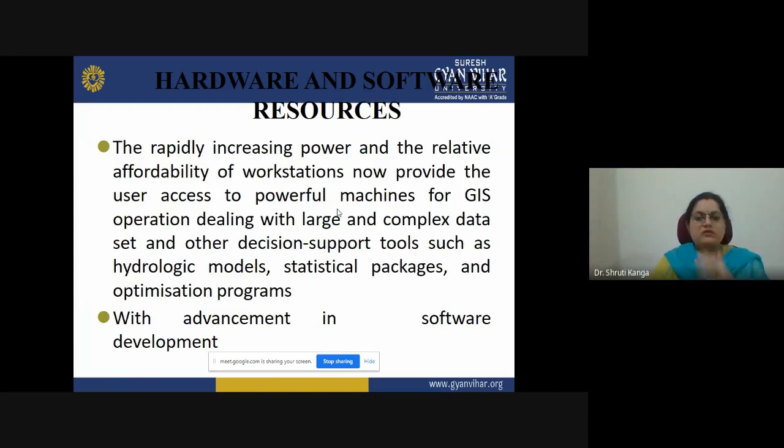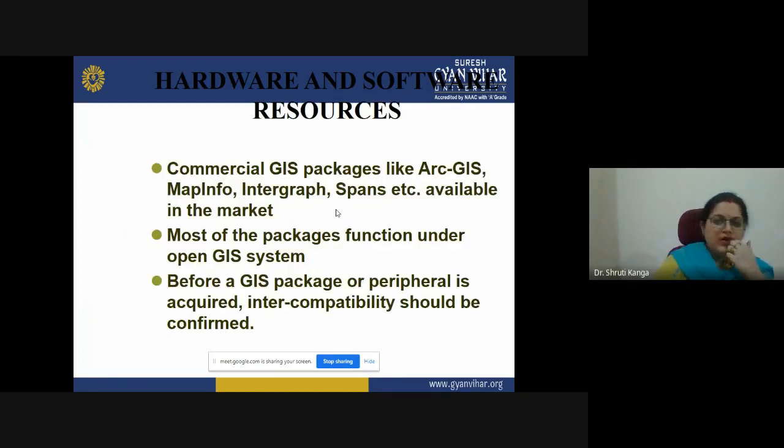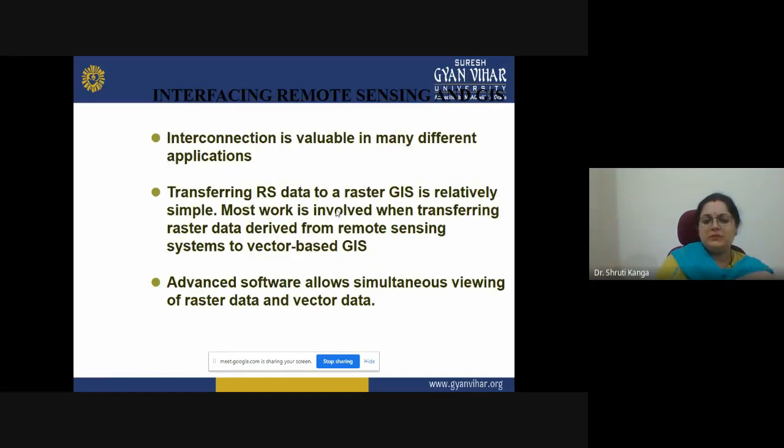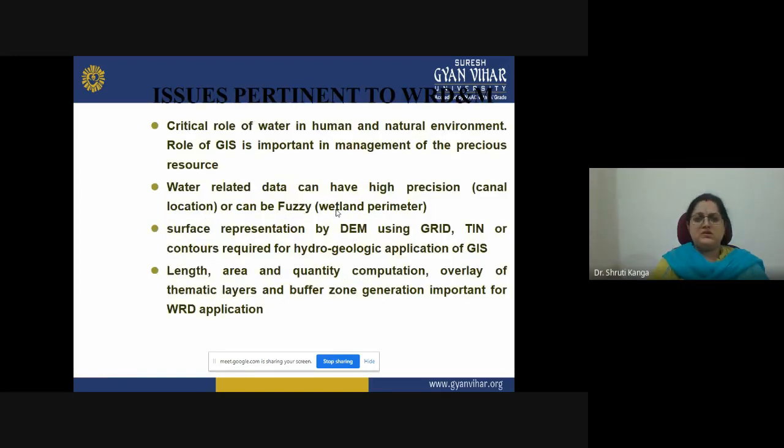With the advancement of software and hardware, we are able to do different kinds of simulations and modeling, which are helpful in various levels of planning and management of resources, whether natural or man-made. We can use these things with the help of different software packages.